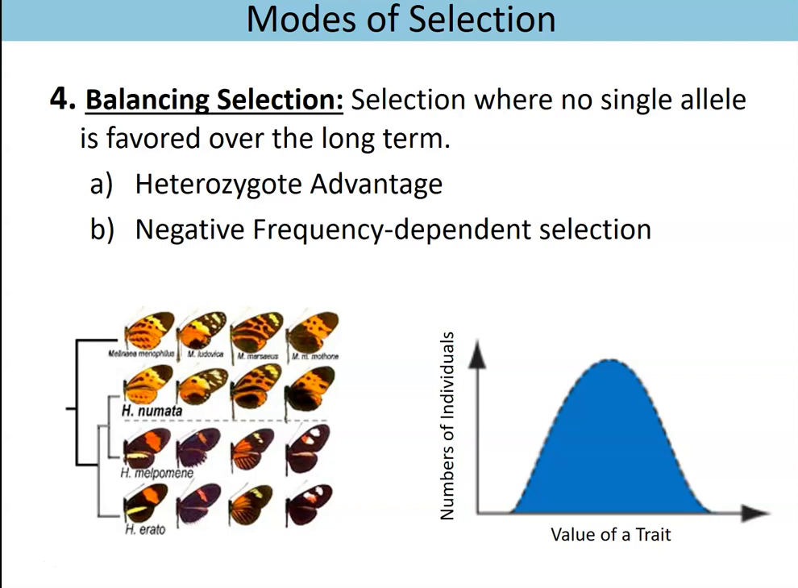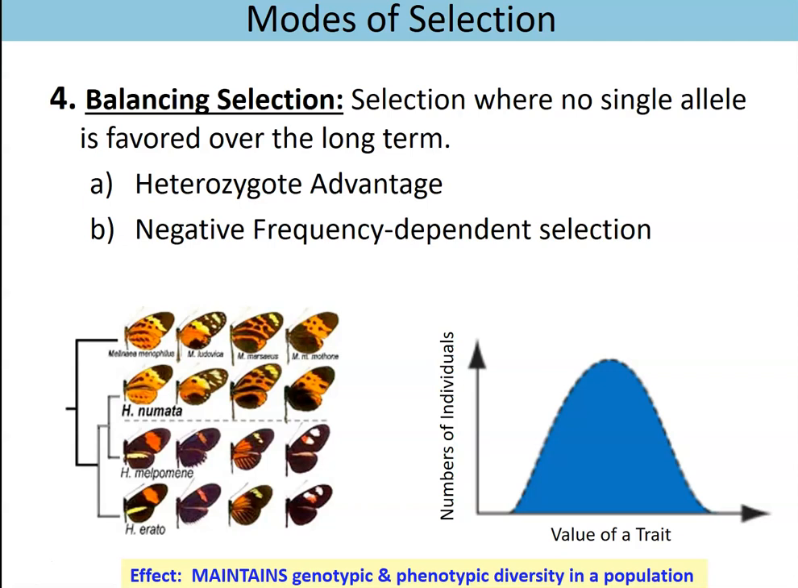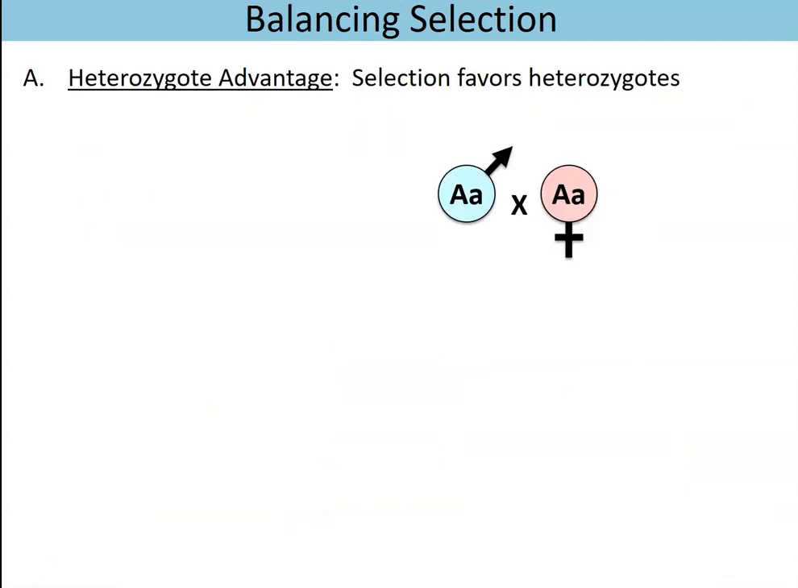There's basically two situations in which we see balancing selection. Those are called heterozygote advantage and negative frequency dependent selection. So let's look first at heterozygote advantage. Within heterozygote advantage, the heterozygous individual is favored. You remember that a heterozygous individual has two different alleles. So in this example, we're looking at big A and little a. So two different alleles are favored